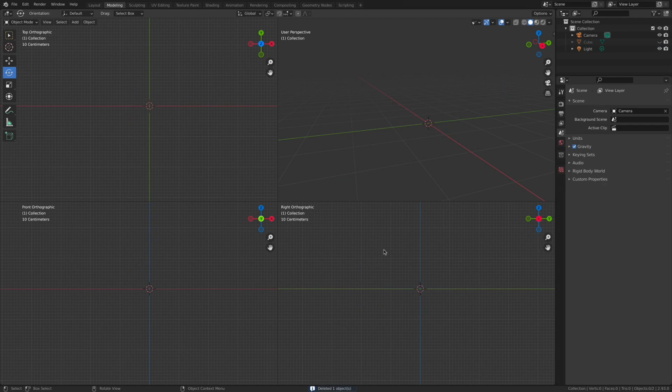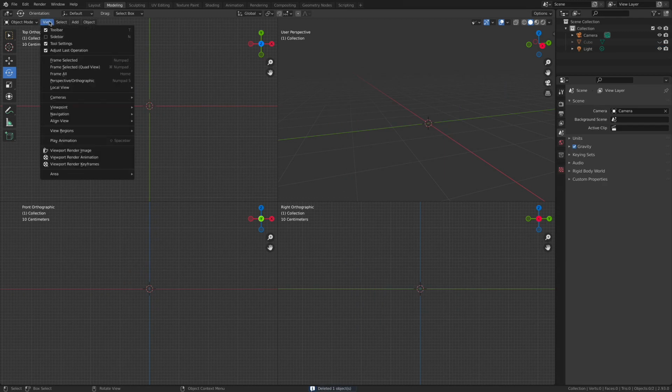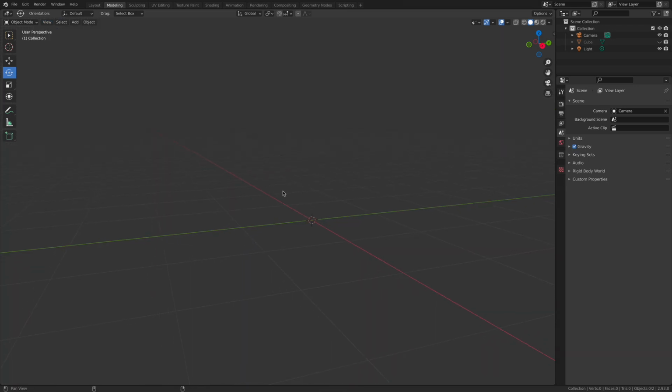And we're going to start over. Now, I'm going to return to my View pull-down menu and, once again, toggle my quad view. Now remember, when we first imported this reference image into the computer itself, it oriented the image according to the orientation of my screen inside of the three-dimensional scene.